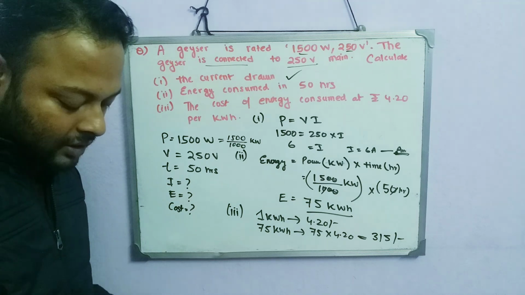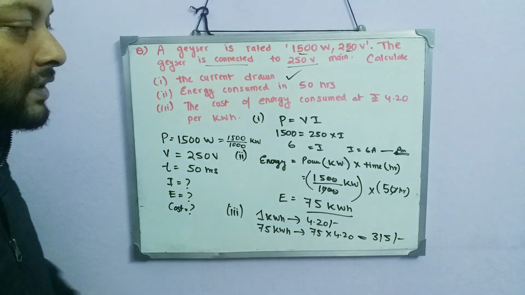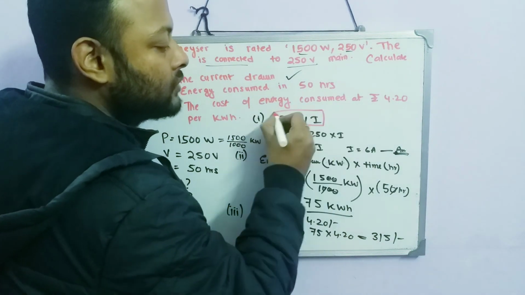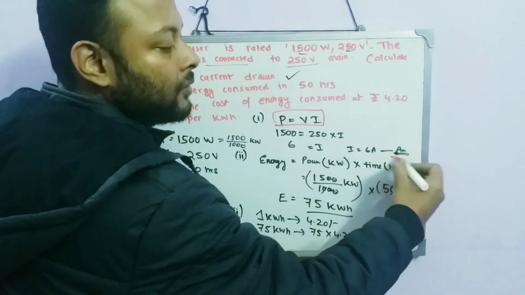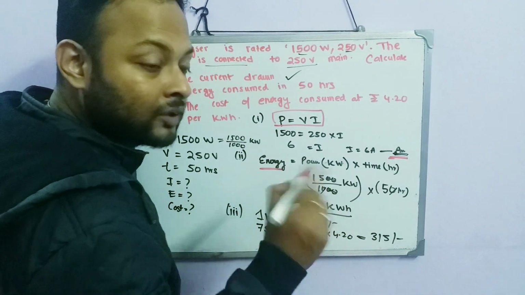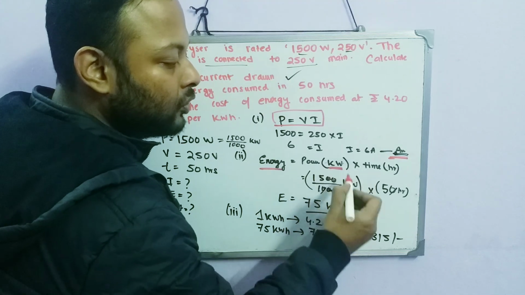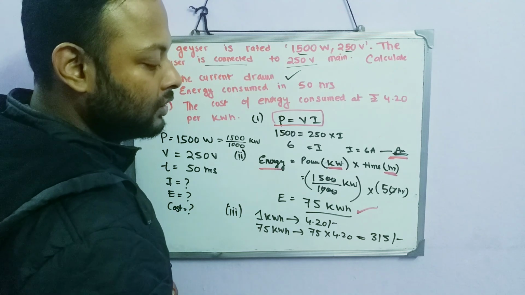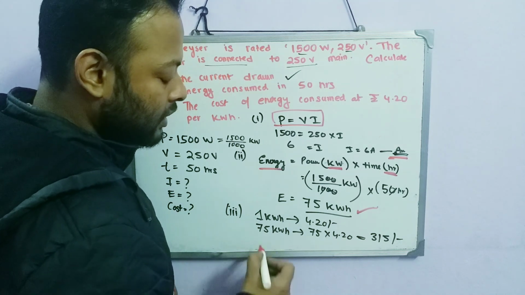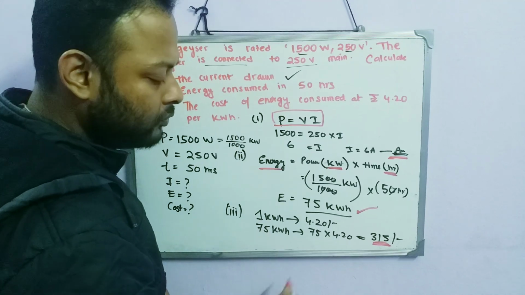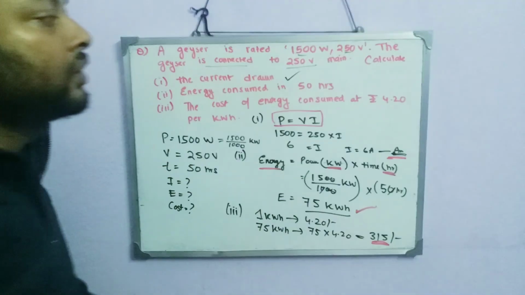So I think you understood the question. So the basic thing that you have to know is the formulas. You have to know this formula. So this is question answer 1. Also you have to know that to calculate the energy in commercial unit, the power should be in kilowatt and the time should be in hour. So you got the second answer also. And this the third. That is the value, which is very easy. Just use the unitary method.